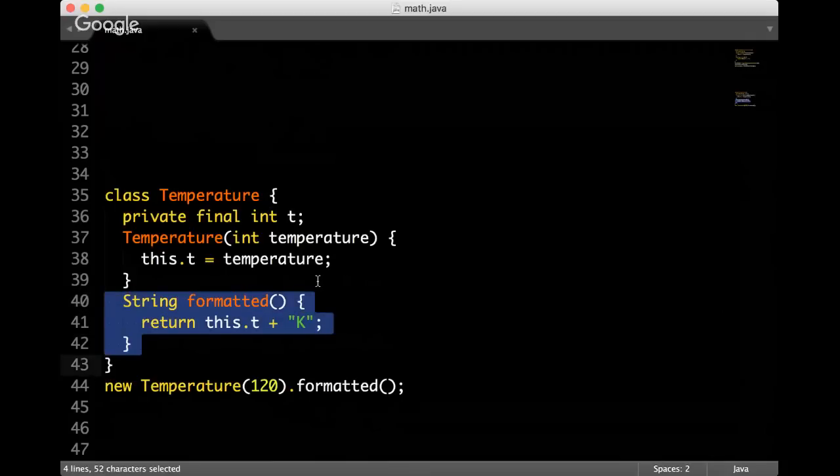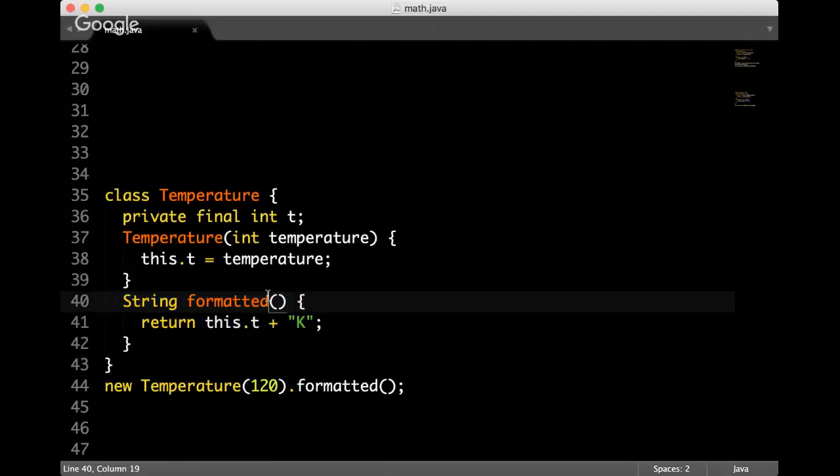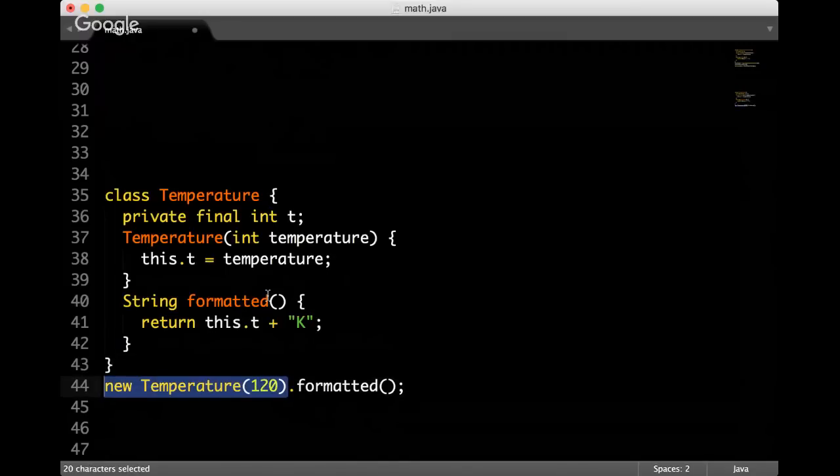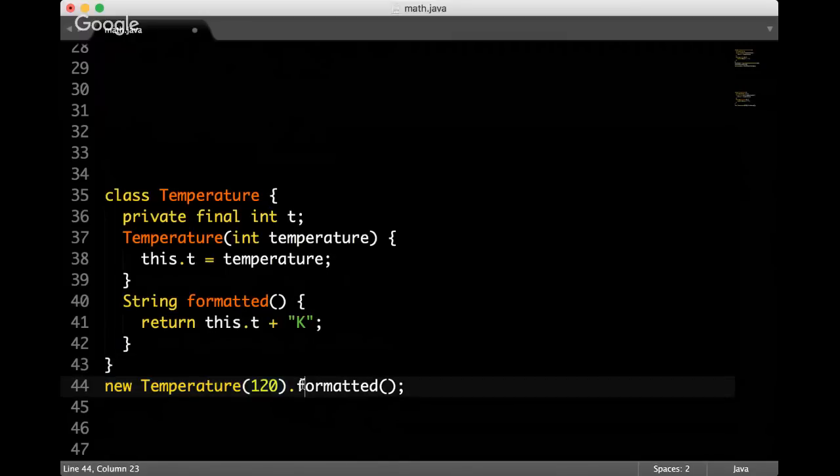And then we have the method formatted, which I renamed because it was format before. Since now we're talking about objects, instead of calling it format, which is the name of a procedure, it's better to give it the name of a thing, which is returned. So it actually returns a formatted temperature. And then when we need to do that, we just create a new object temperature, encapsulate the number, and then call formatted.